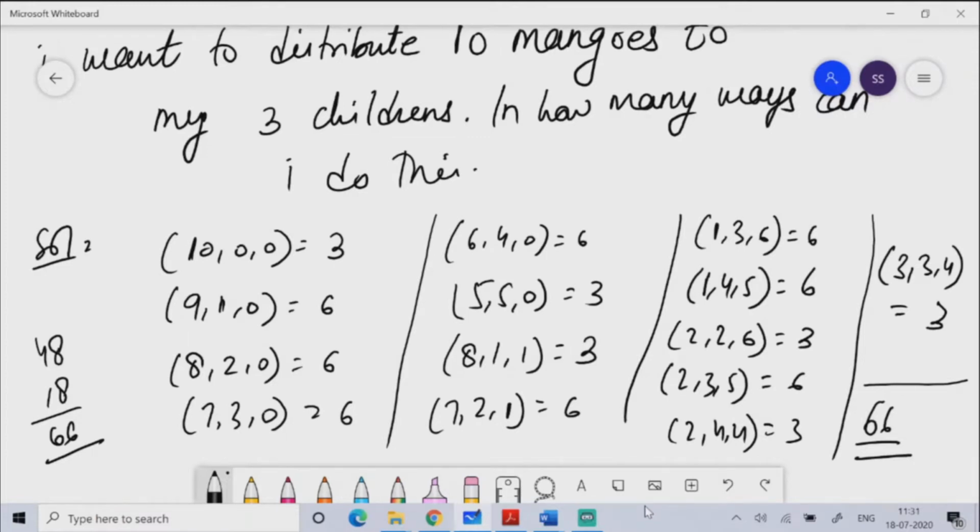When we talk about permutation combination, it is the advanced form of counting. When I wrote 10 0 0, I did not waste my time thinking about how many cases are possible. It is 10 0 0 or 0 10 0 or 0 0 10. I wrote directly 3. How? Because I know the very basic concept of factorial. If 3 people are to sit in 3 places, and 2 of the 3 are twins, how many ways is that possible? That is 3 factorial by 2 factorial.